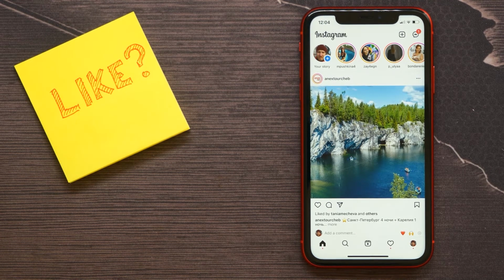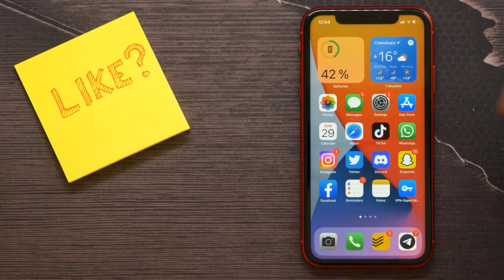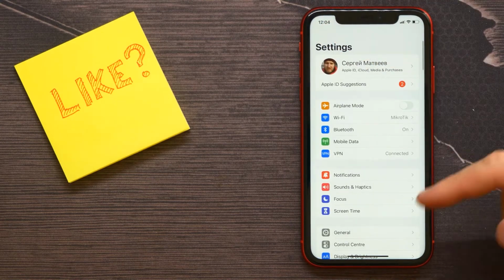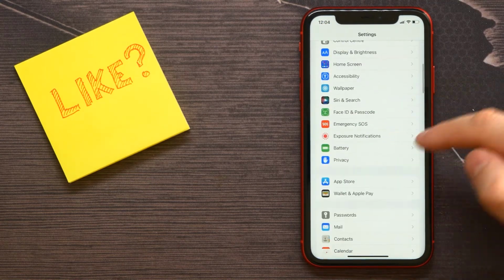In this video I'm going to show you how to fix the issue when the microphone is not working on Instagram. That is quite simple and easy to fix, and I'm going to show you a couple of different ways. The first way is to open up your settings and scroll down until you find